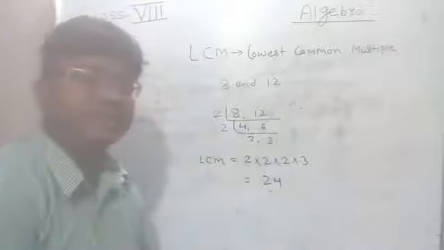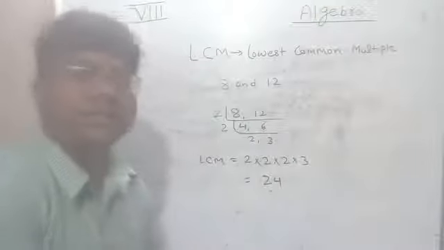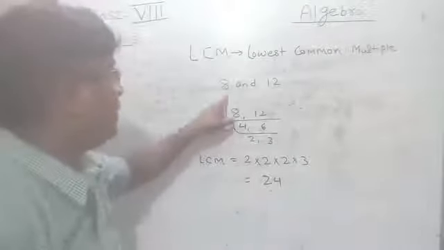What does it mean? 24 is that lowest number or that least number which is exactly divisible by 8 and